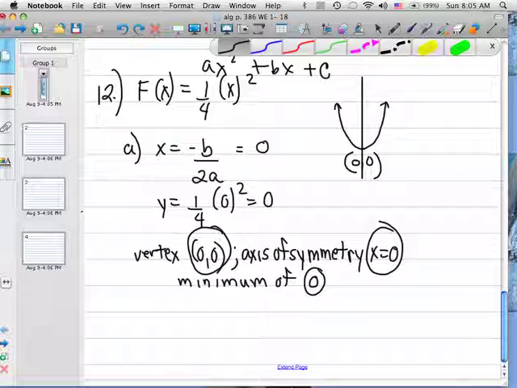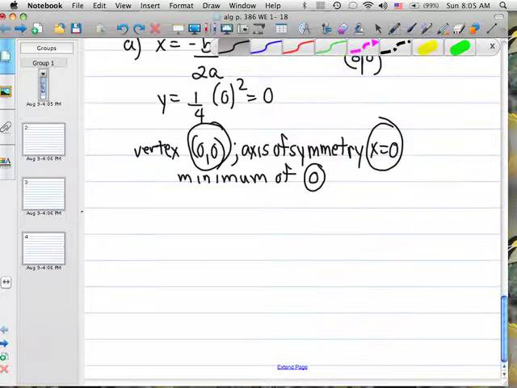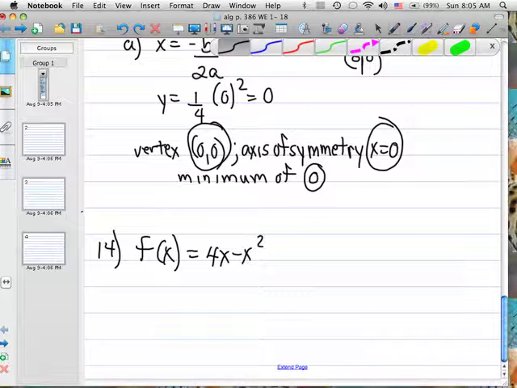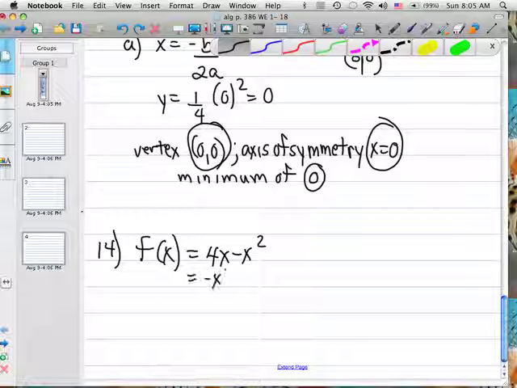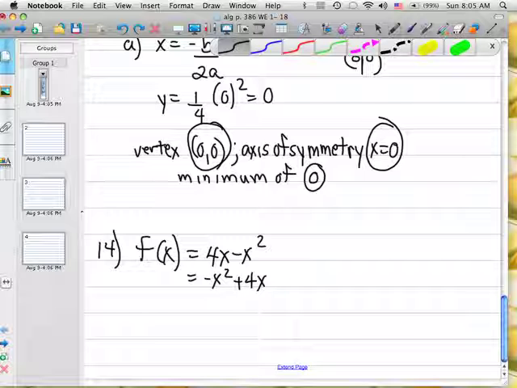And the last set of problems were to find the coordinates of the vertex, give the equation of the axis of symmetry, and the greatest value of the function. So number 14, we have f of x equals 4x minus x squared. I'm going to turn that around to -x squared plus 4x. So first, finding the